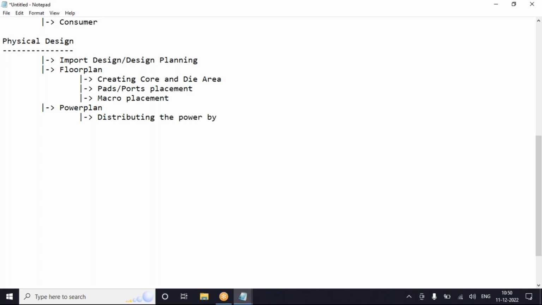Okay, so power plan, distributing the power by less IR. This is my main usage. When you get power to your rooms also, I should not see any voltage drops, right? If there are any voltage drops, the functionality of that particular device will be working differently. A high bright light will be working as a low bright, right? So that's what happens. So I have to make sure in this particular power plan stage.